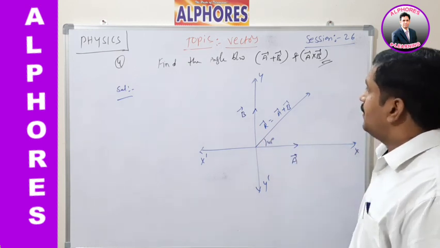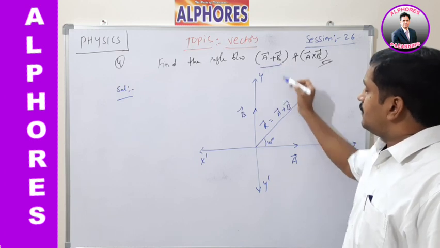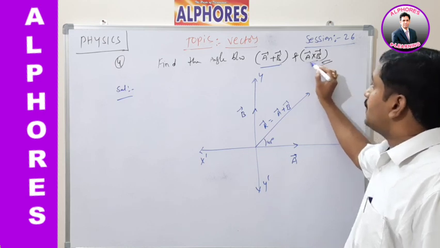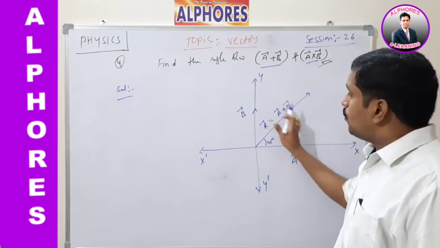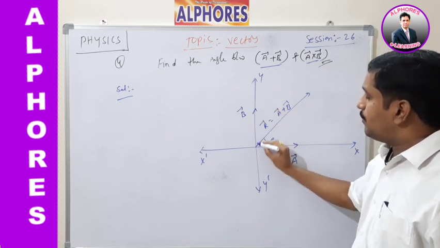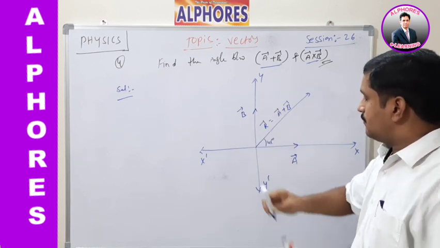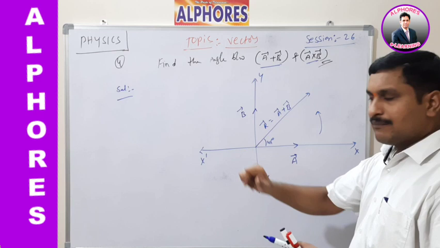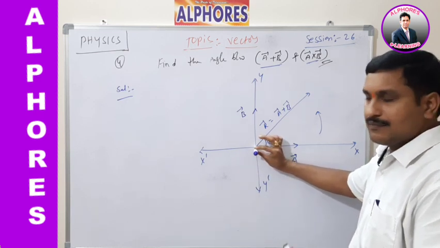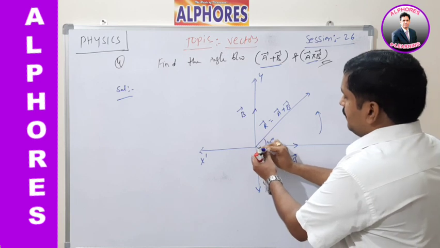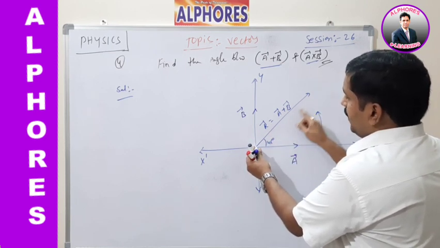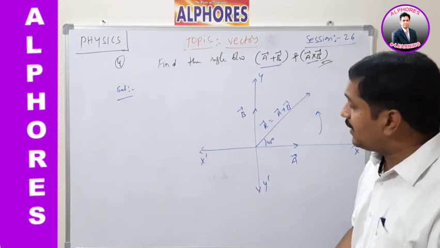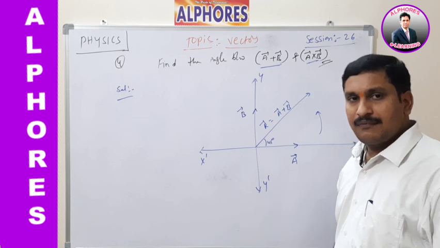Now listen carefully. By adding these two vectors, it makes an angle of 45 degrees with the x axis. Now a bar cross b bar means rotation of a bar towards b bar. If you rotate like this, the vector is outside the plane. Listen carefully, this a bar plus b bar is in the same plane, the xy plane. So this is the z axis, and the z axis is perpendicular to the xy plane. What is the angle between them from this diagram? Please tell me. 90 degrees.